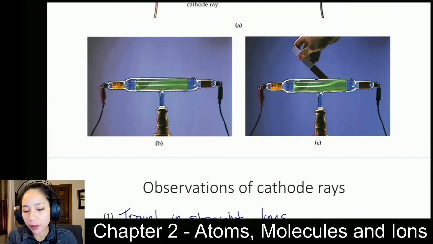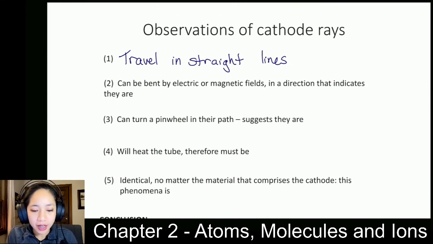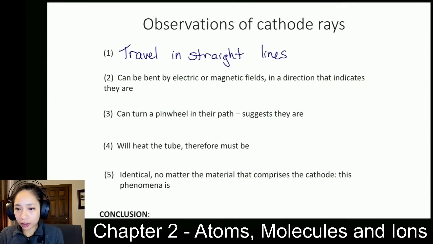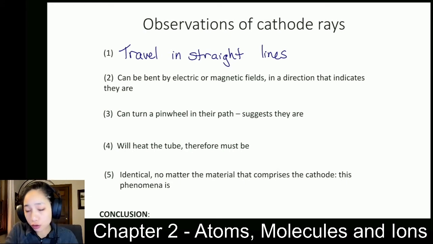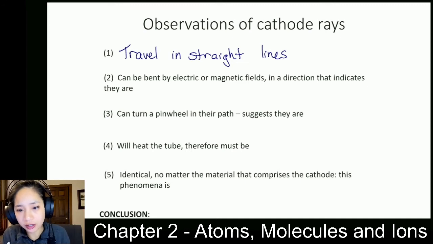So the actual experiment was sending a high voltage electrical current through the tube, and then using a magnet to deflect the stream of electrons. This part is the actual experiment, right? And so what they saw when they sent electricity through the cathode ray tube was that the ray, or the stream of electrons, but they didn't know they were electrons then, the stream that they saw traveled in a straight line. So that was one of the observations. Then some of these other observations let them make some conclusions about what they were seeing.